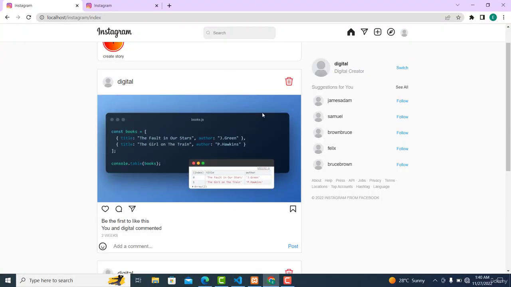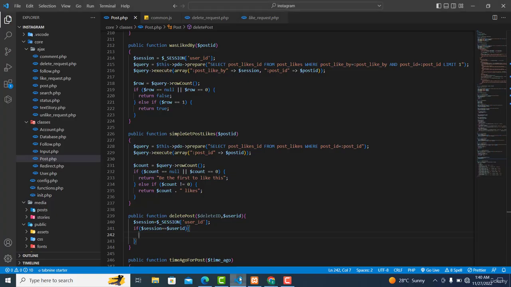The first thing that I want us to do when the user clicks on this delete button, which is this one: first I want us to delete the likes. So if this post has likes, I want us to delete them. And also if this post has a comment, I also want us to delete it. So over here will be